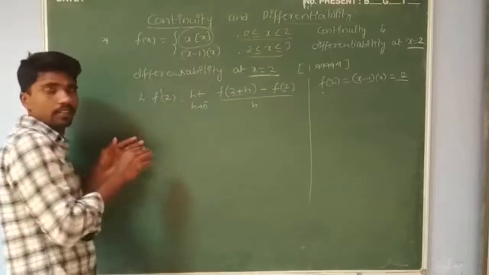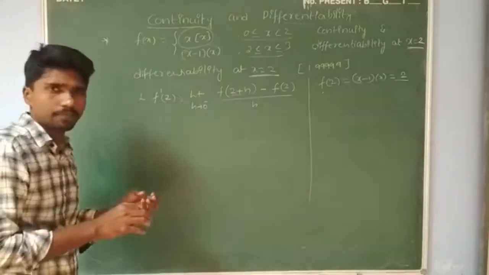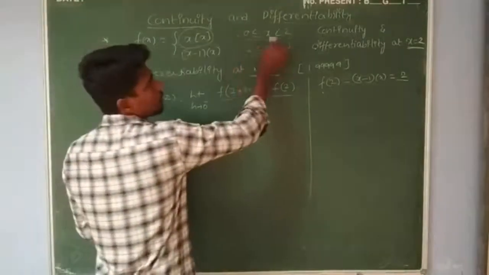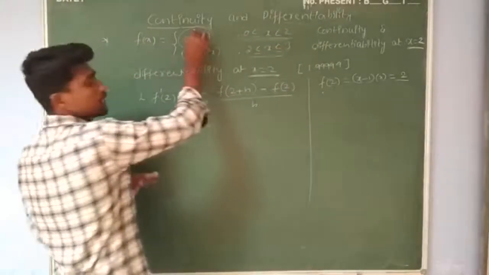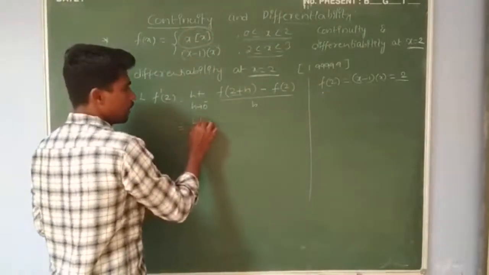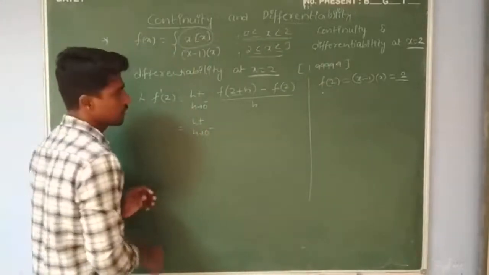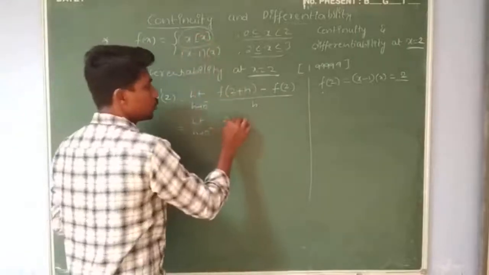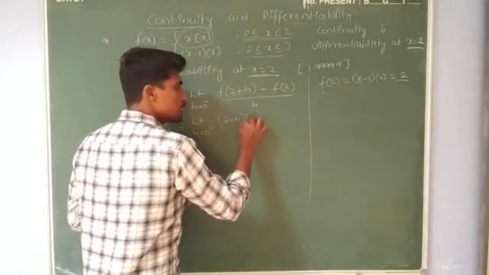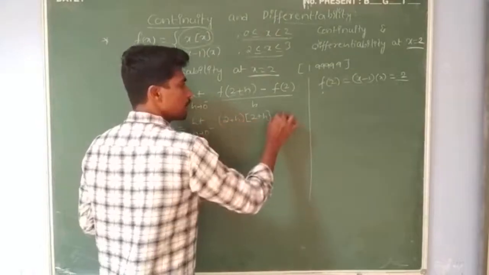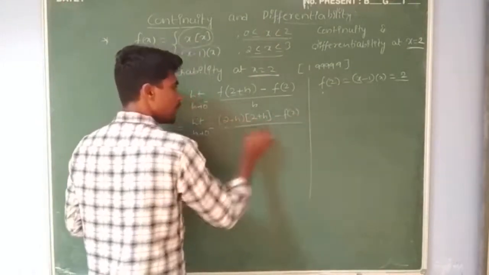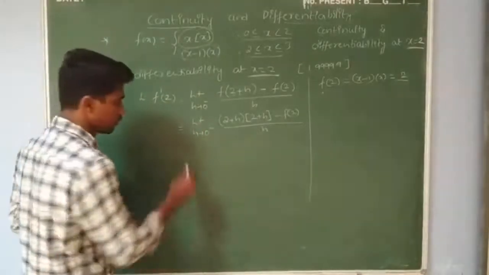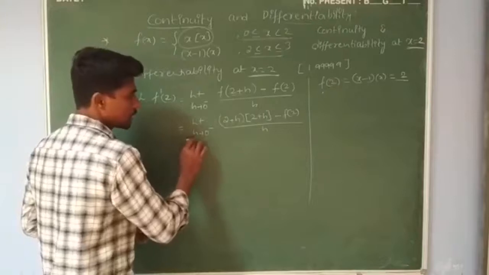Approaching the function value of the derivative at 2 minus, where it is approaching from the left side. So approaching from the left side is defined here, and the function is given as x into step x. Now the limit h tending to 0 minus, the function will be f of 2 plus h, substitute here 2 plus h into step 2 plus h minus f of 2 by h.